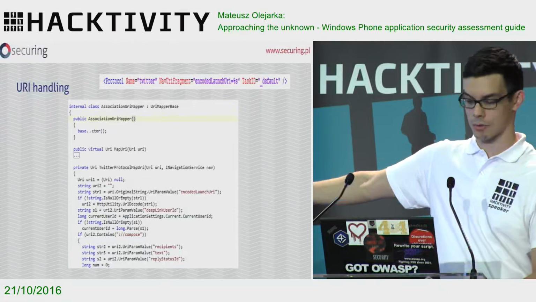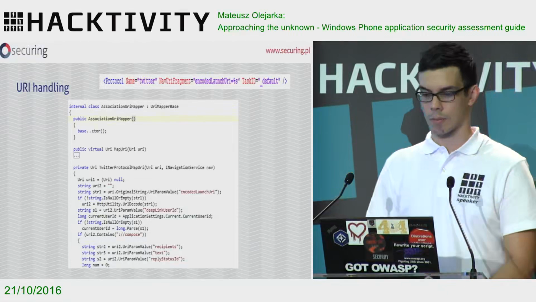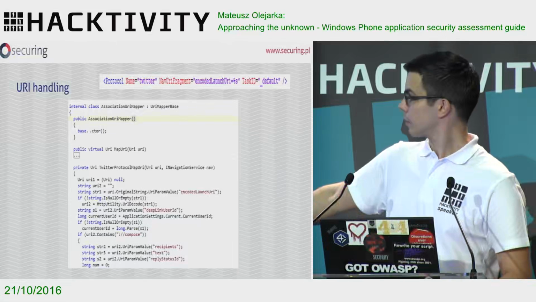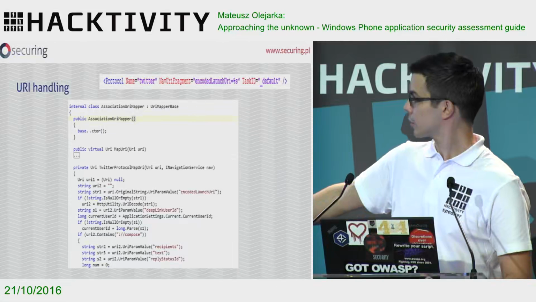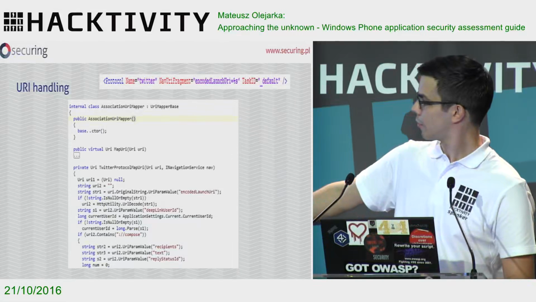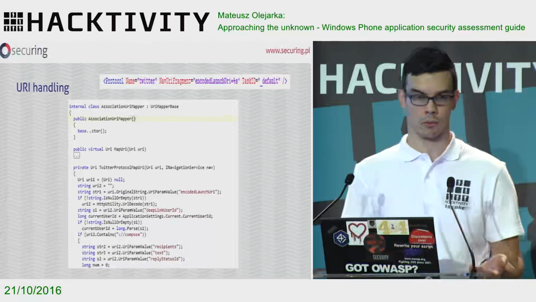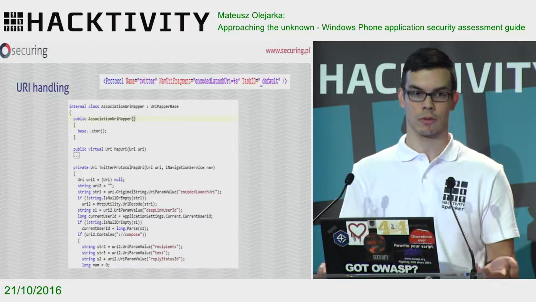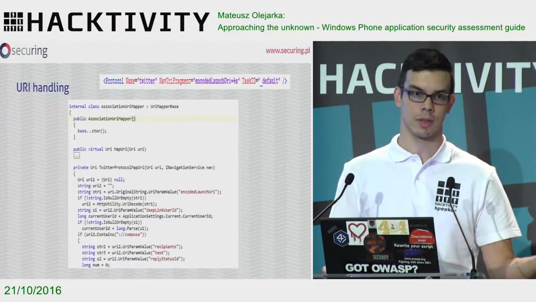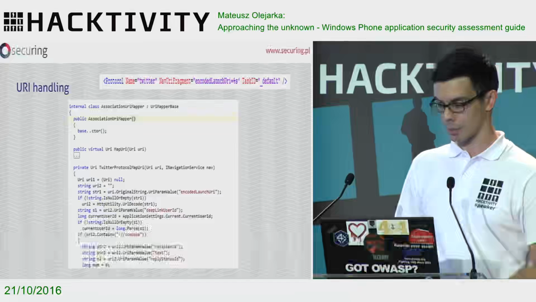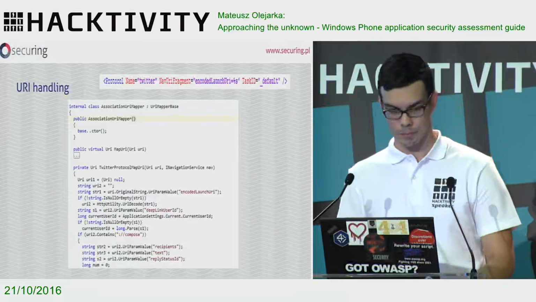This is the class which allows you to implement the logic behind protocol handling. It extracts some parameters from the link and processes it. For example, you know how Twitter allows you to redirect, right? You click on the website and it navigates to your mobile. The same is on the other platforms.